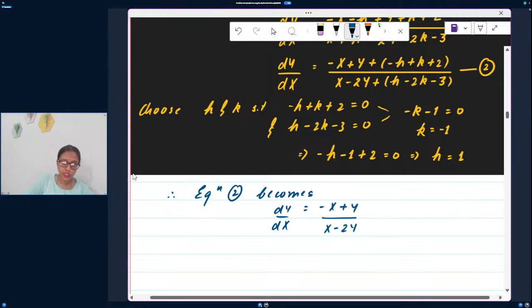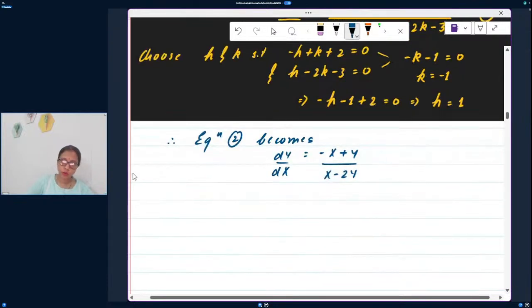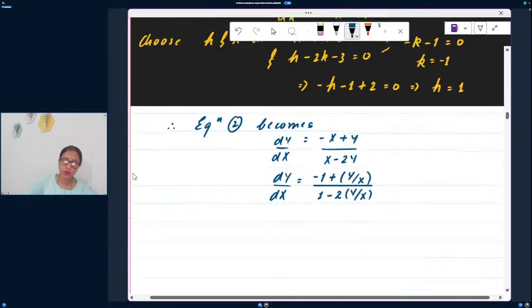Now what you can do, it is not of the form y by x. You take x common from numerator and denominator, cancel out. So you will be left with minus 1 plus y by x divided by 1 minus 2 y by x. Okay. Now